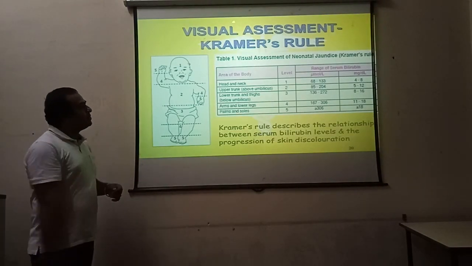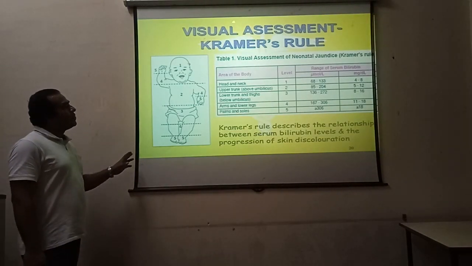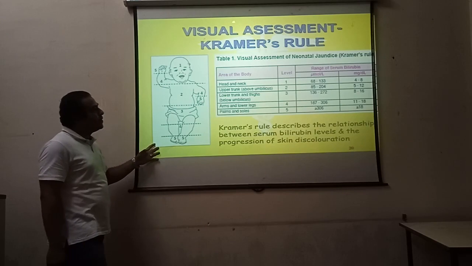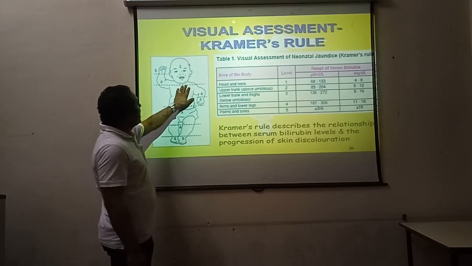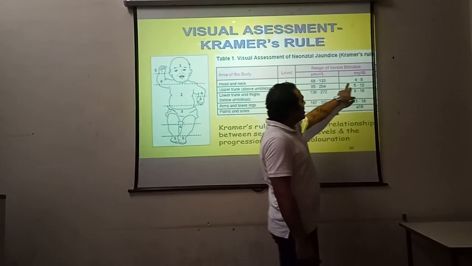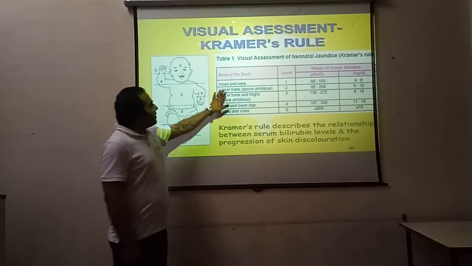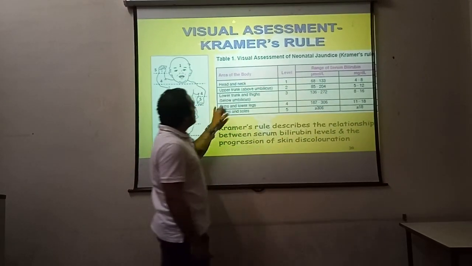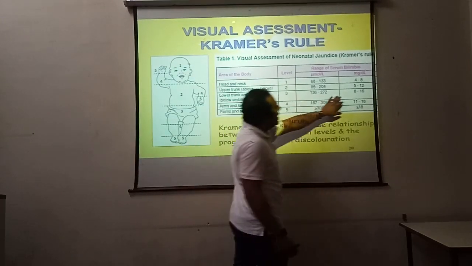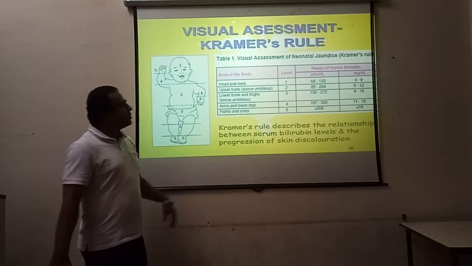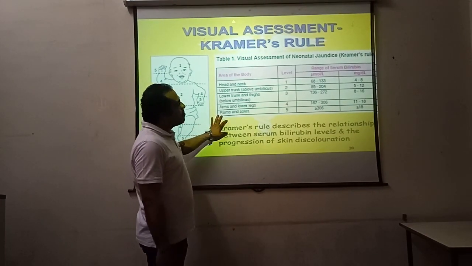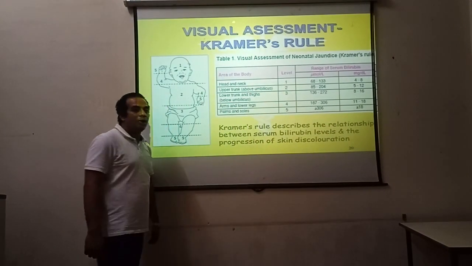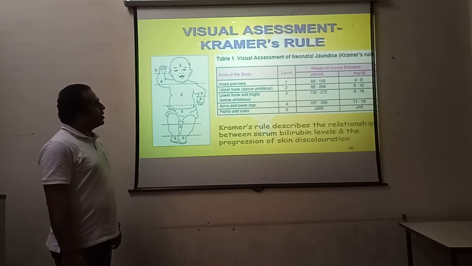This is the visual assessment of a neonate for the different levels of jaundice and how much jaundice has developed. If only the head and the neck are involved, this is level 1, which has 4 to 8 milligrams. If the upper trunk is involved above the umbilicus, it is level 2, 5 to 12. Then if the lower trunk and thighs are involved, it is level 3, 8 to 16. We are fine with it. There is no problem. Then come the arms and lower limbs, and palms and soles, which have a value between 11 to 18 and more than 18, which obviously calls for pathological jaundice.